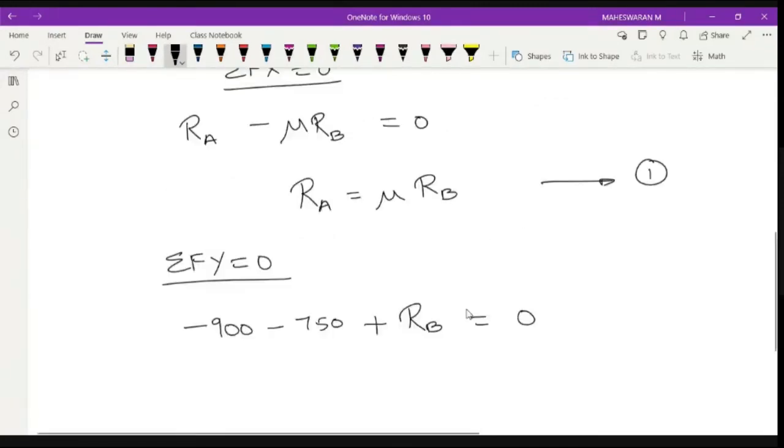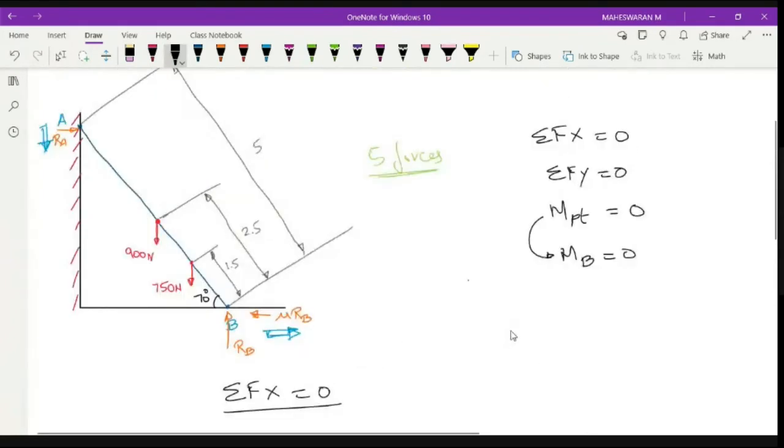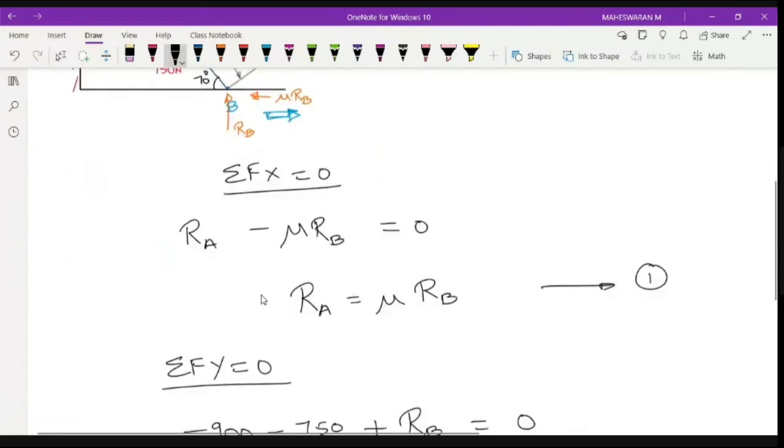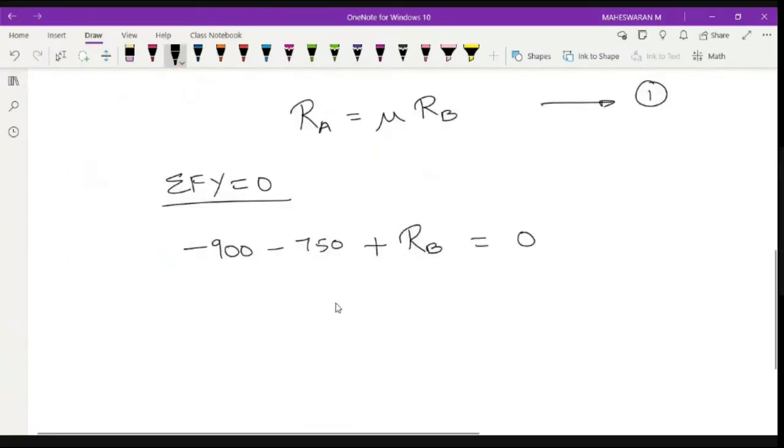Right? So any other force? Can you see any other force? That's it. So one, two, three vertical forces. So we have equated, and in this case I can get what is my RB. So RB is equal to 900 plus 750, right? So you will get around 1650 Newton. This is the reaction. Let me consider this equation 2,